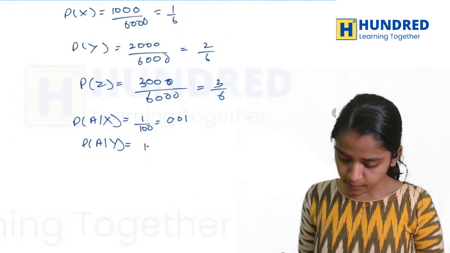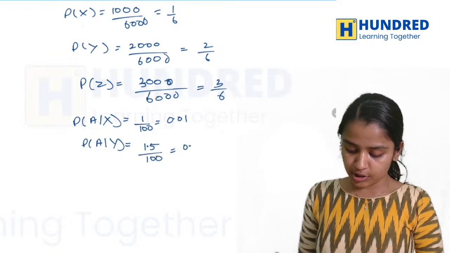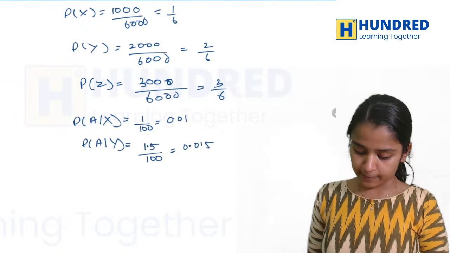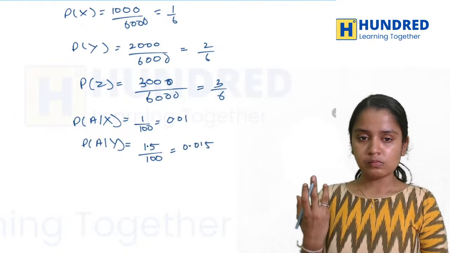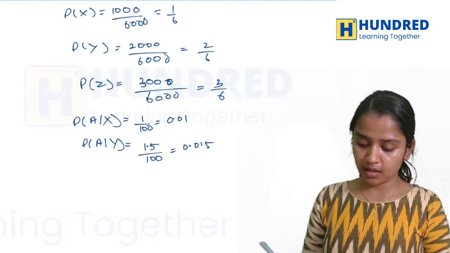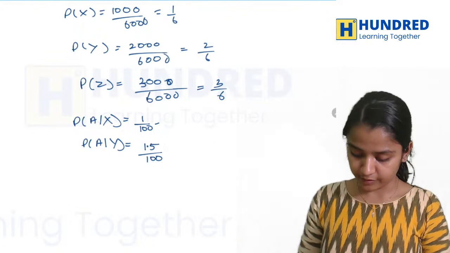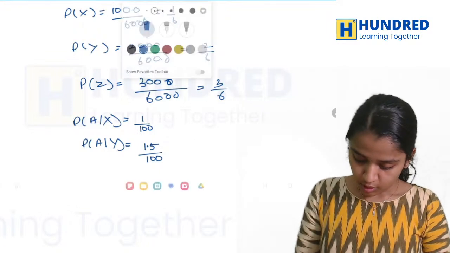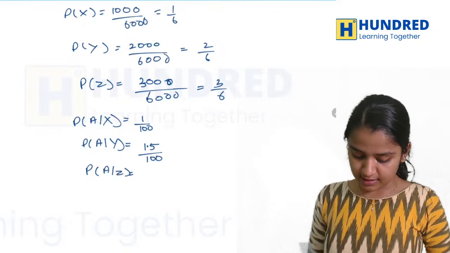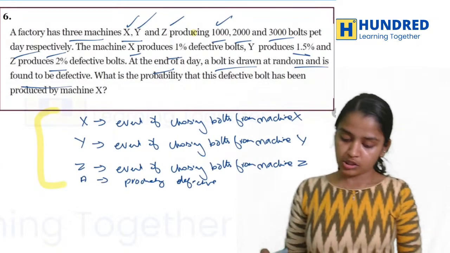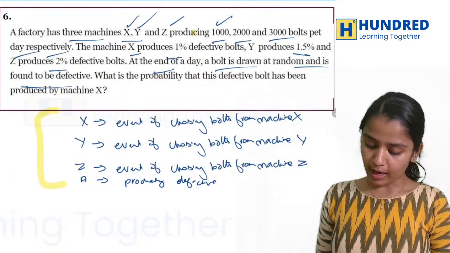So 1.5% by 100, which is nothing but 0.015. நான் ஏன் அப்படி வச்சிருக்கேன், ஏன் இதை எடுத்துட்டு குழப்பிட்டு இப்படியே விடுங்க. ஸோ P of A by Z is nothing but which is 2%, 2 by 100. Okay, now you have to find